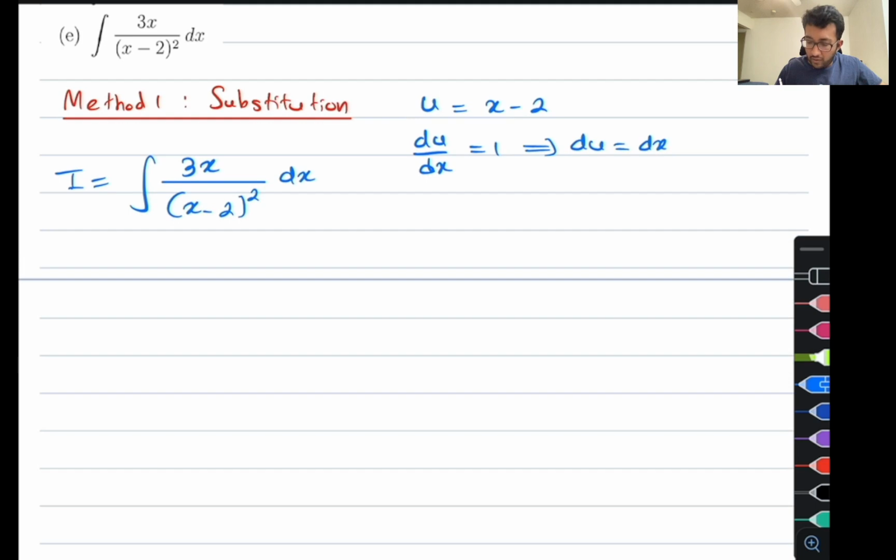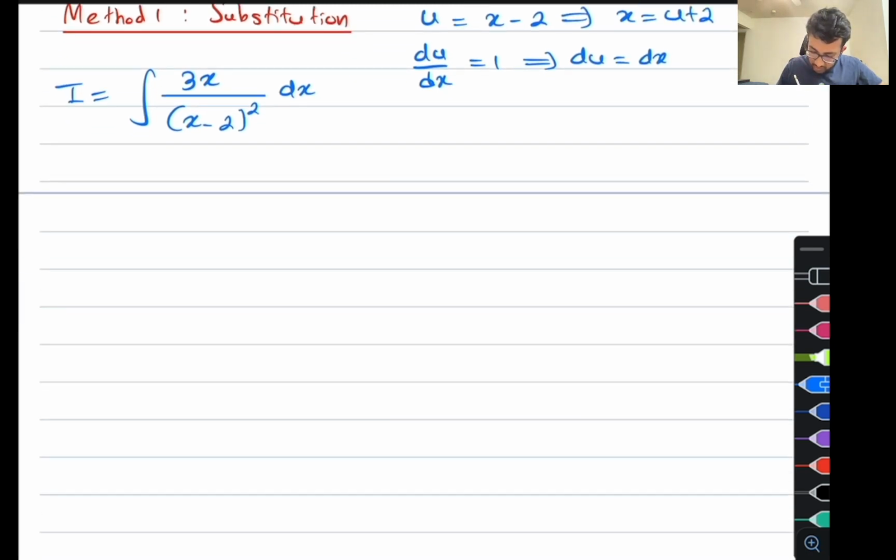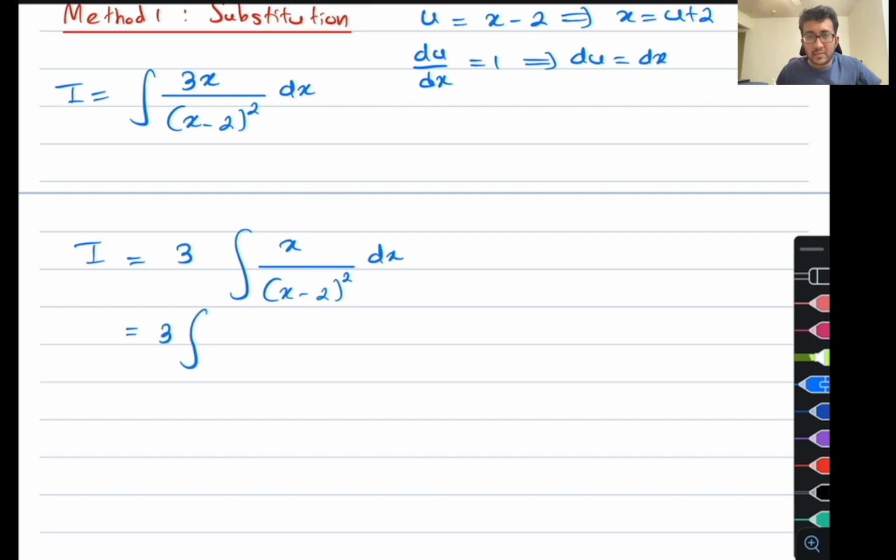I know that u is equal to x minus 2. This would give me x is equal to u plus 2. So what would be my I? I can take 3 out, so the integral of x divided by (x minus 2) to the power 2 dx, which is equal to 3 times